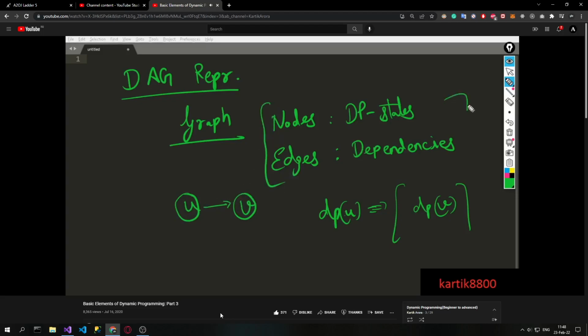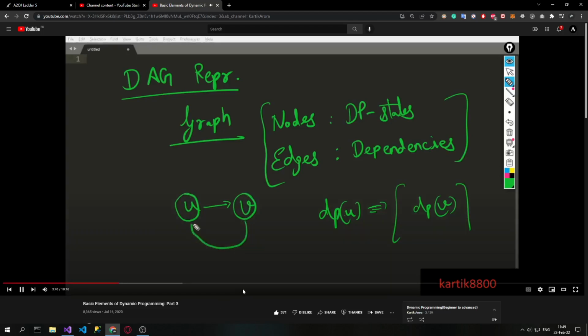This particular graph will turn out to be a directed acyclic graph. And why is that so? Because there are going to be directed edges to represent these dependencies, and there can never be a cycle. Because if there is a cycle in this particular graph that represents your DP approach or solution, then this would mean that to evaluate the answer for u, you need to solve v. But if there is a cycle